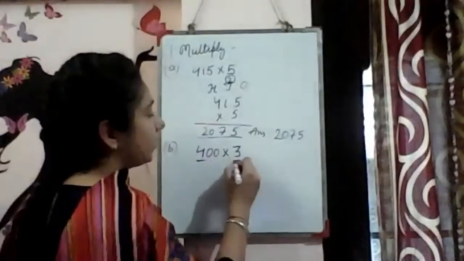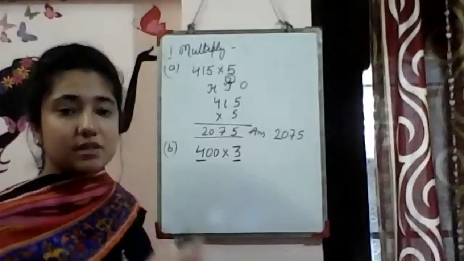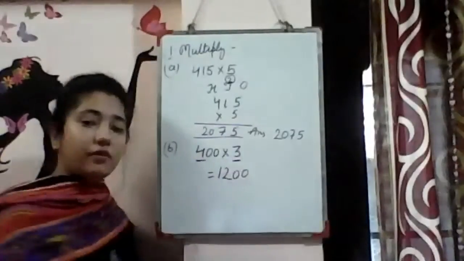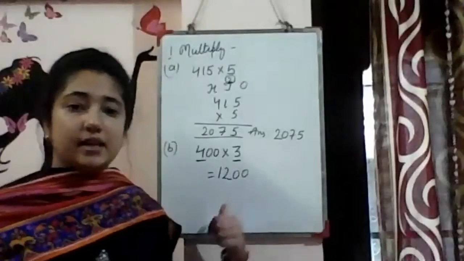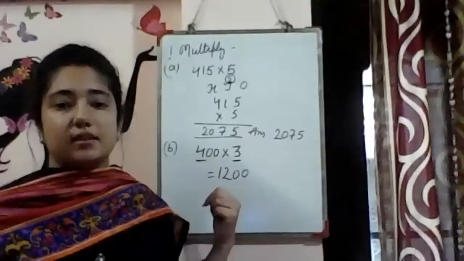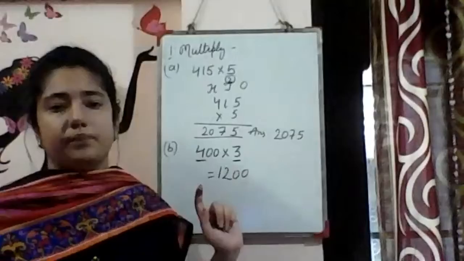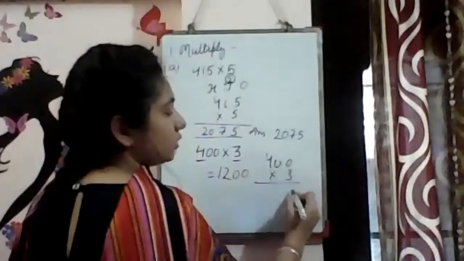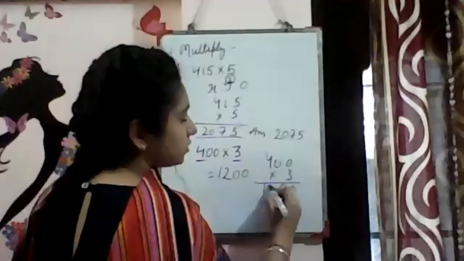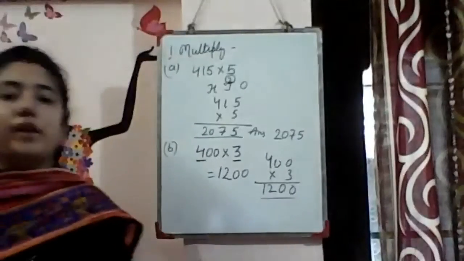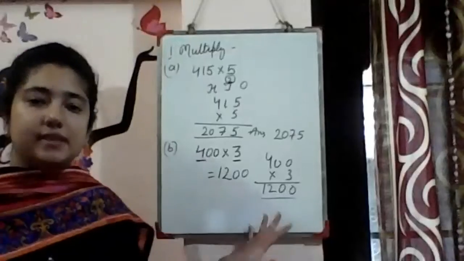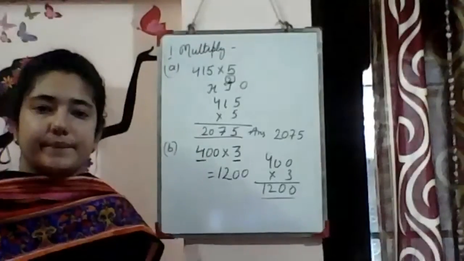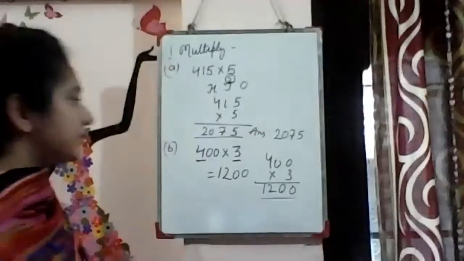So here what you need to do is the number which is bigger than 0, just multiply those numbers. 4 3s are 12 and just put 2 zeros after that, right? And these sums are kind of mental math sums where you will just write the answer. And if you need to do the calculation, you can also do, but there is no problem. 3 zeros are 0, 3 zeros are 0, 3 fours are 12. Means there are two ways. One is the calculative way and other is the shortcut way. Done.